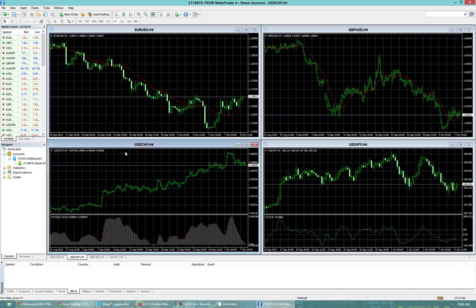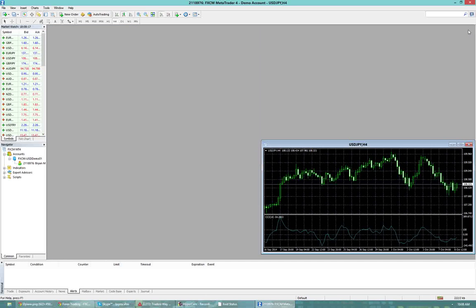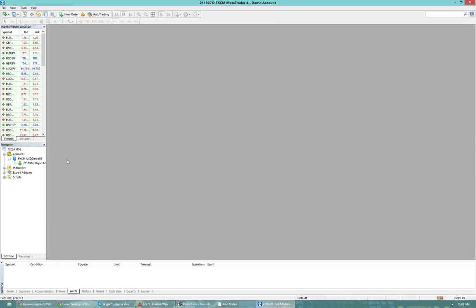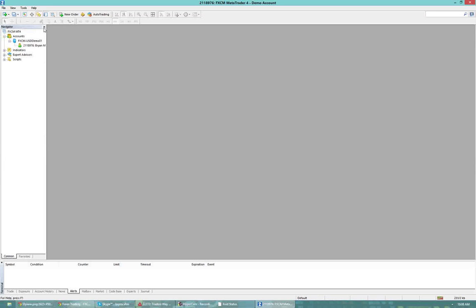Okay, so the first thing I like to do is let's go ahead and clean up the chart space a little bit. This is just a basic walkthrough of some of the features. So I'm going to close everything, so we're looking at a blank space. Okay, so the first thing you want to do, of course, is add in a chart. To add in a chart, you can go to File,